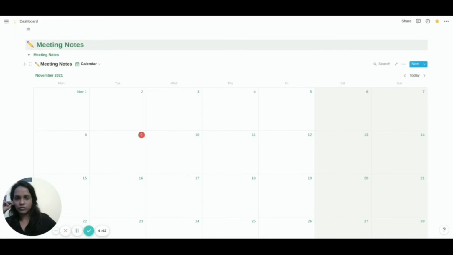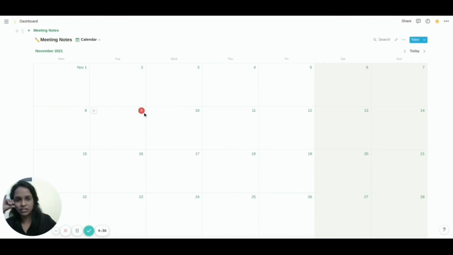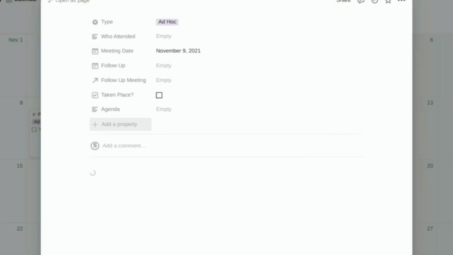Next, meeting notes. This is a straightforward table which keeps track of all my MOMs with different people. Imagine discovery calls or calls with colleagues, that kind of meetings. I use a calendar view on this table to directly create a page for MOM when I have a call. But there is a very important and awesome hack that I use in this database template, which I would like to show you. On this table, I created a template that generates some page format for my meetings.